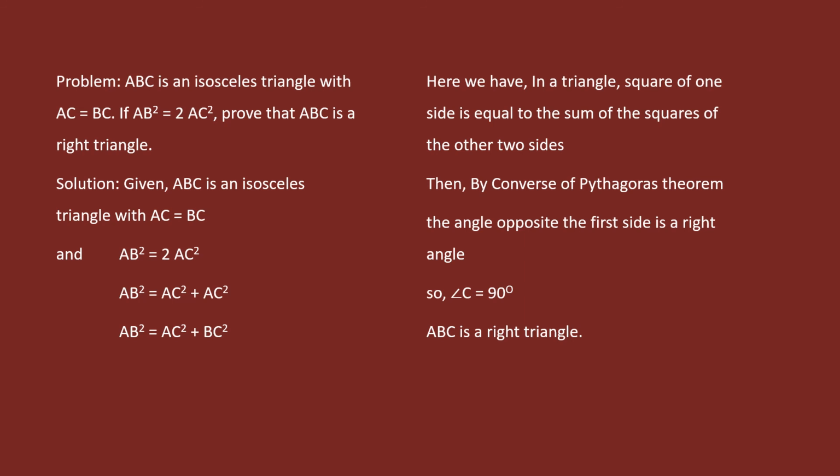Okay. I hope it is clear. In this problem we used the converse of Pythagoras theorem. Therefore, to prove the given triangle is a right triangle, we can use the converse of Pythagoras theorem, that means one angle is 90. In this way, we can use the result under Pythagoras theorem and converse of Pythagoras theorem wherever necessary, based on the problem. Whenever there are squares in the equation which has to be proved, we have to use Pythagoras theorem. If there is an equation which contains a combination of squares and non-square terms, you have to go for the important result.